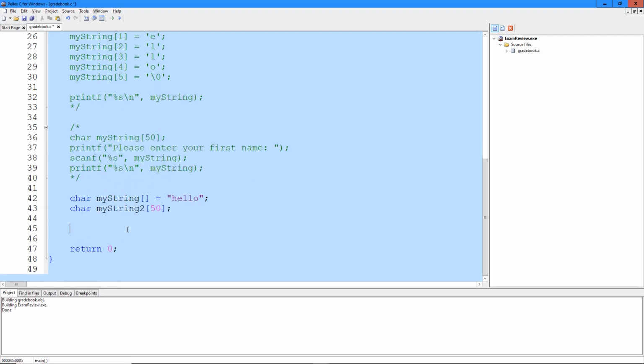If you've worked in a language like Java or Python, you might be used to being able to do this. This will not work in C. If I try and run this program with all this stuff commented out, you'll see that I'm getting an error: operands of equal have incompatible types. That will not work. If we want to copy the contents of one string into another string, we need to